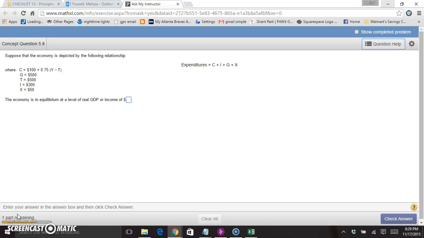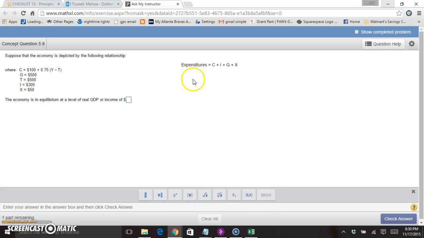and we are asked to suppose that the economy is depicted by the following relationship: expenditures equals C plus I plus G plus X, and we're asked to find the economy's equilibrium GDP. So this is just a matter of solving the equation, the expenditures equation, or GDP really. Expenditures is the same thing as saying GDP. So this is a matter of solving this equation using these numbers